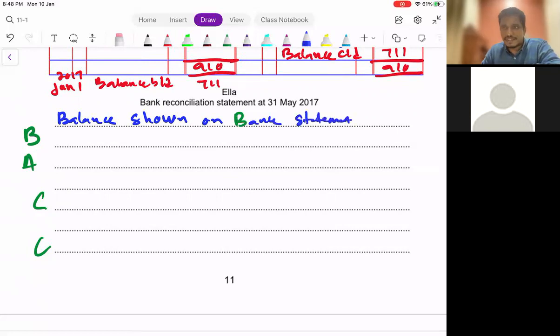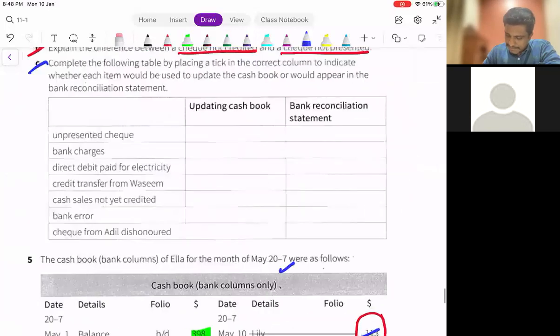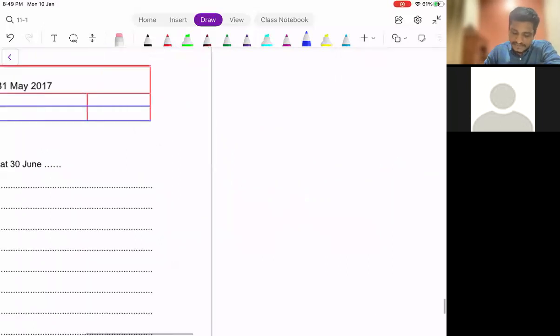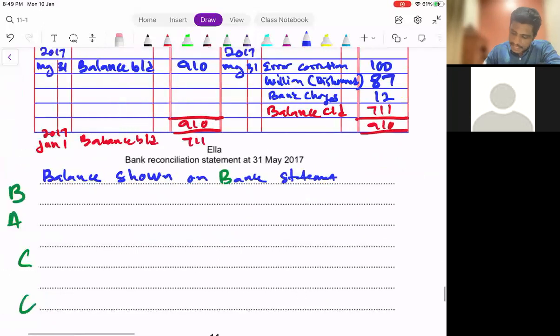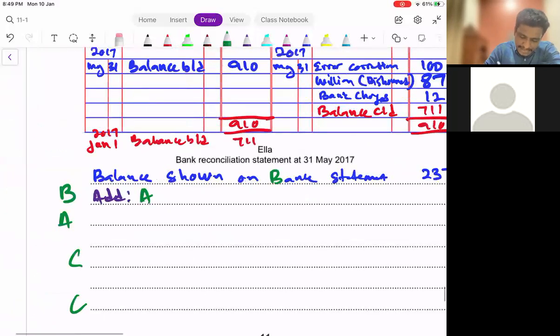How much is the balance shown in the bank statement? I need to see the bank statement. Where's my bank statement? My bank statement is here. 237 credit. If the bank statement is credit, it means a positive balance. So I take this one, 237, and write it here. This one will be plus A. A stands for amount